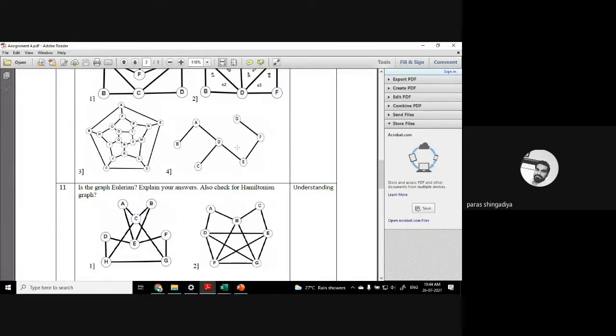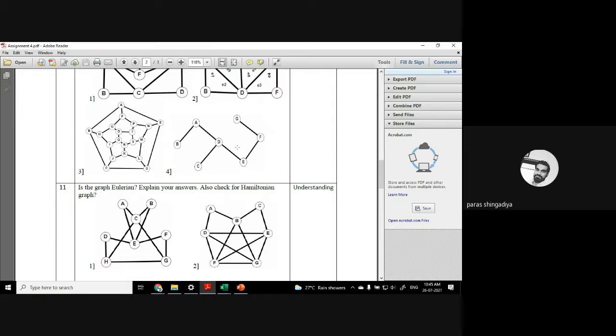So first draw the graph, and after that check whether it is Euler or not. Here the degrees of vertices H and G are odd, and the rest of the vertices have even degree. If all vertices have even degree, then it is known as a Euler graph. Since the degrees of H and G are odd, we cannot make one closed walk which covers every edge exactly one time. That will not be possible in that graph.